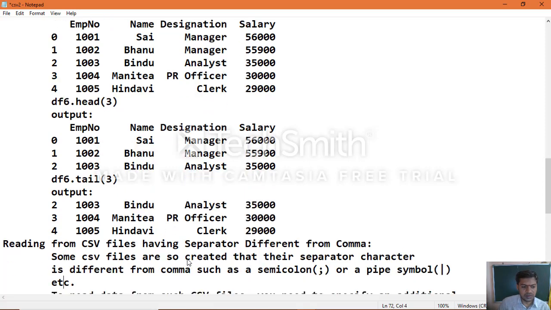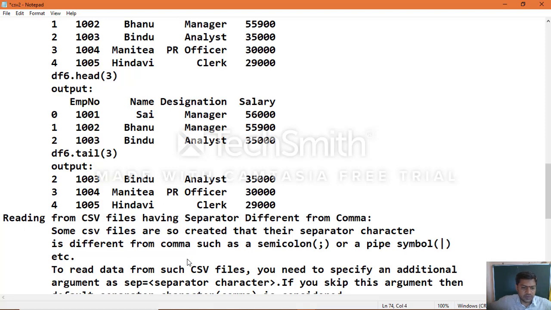Now, reading from CSV files having a separator different from comma. So far we used the comma separator to read data from a CSV file. In the same way, you can specify other special characters to separate the CSV file data.